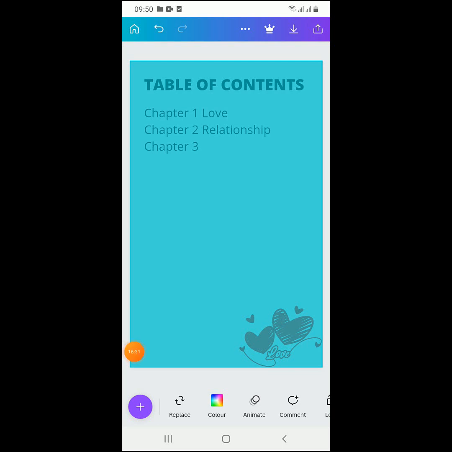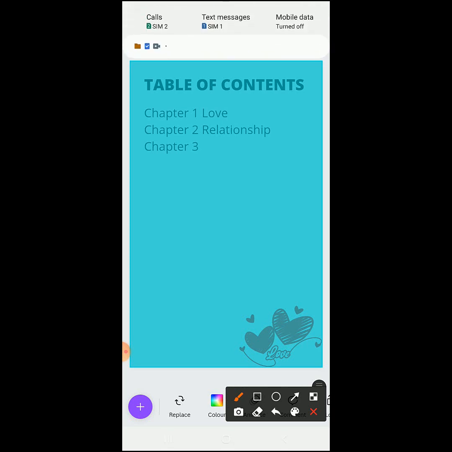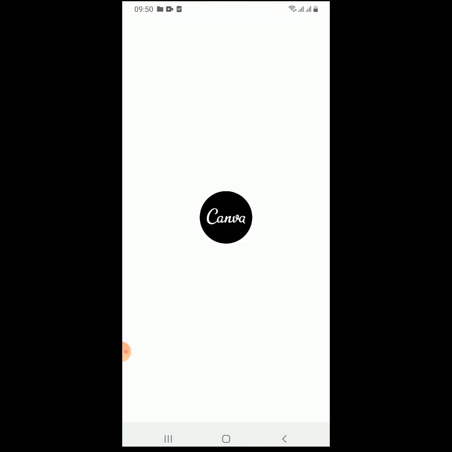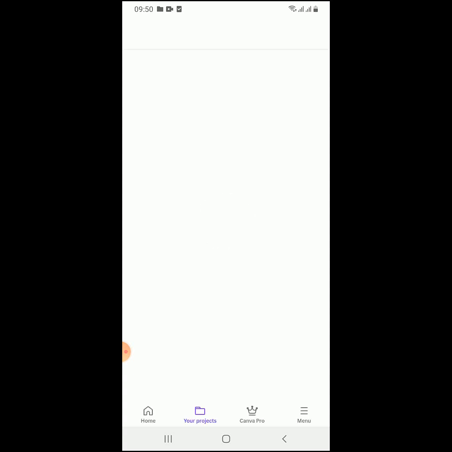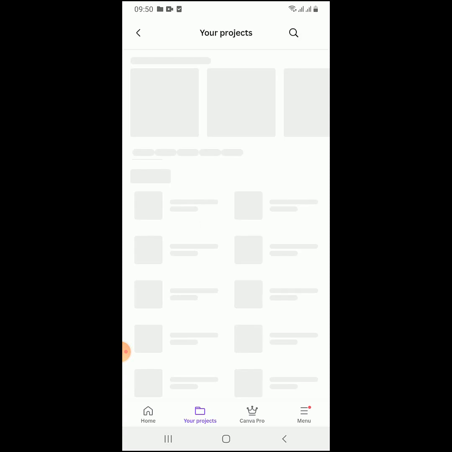Now the second one, I want to take us all the way back to our dashboard, our home page. So I'm going to click on this button that you can see here. It's showing home. All right, so I'll click on home, and this is the one I usually use for all my ebooks. The first one I have shown us is the pre-made template, which is the easy and fast way, but because I usually like to start from scratch,